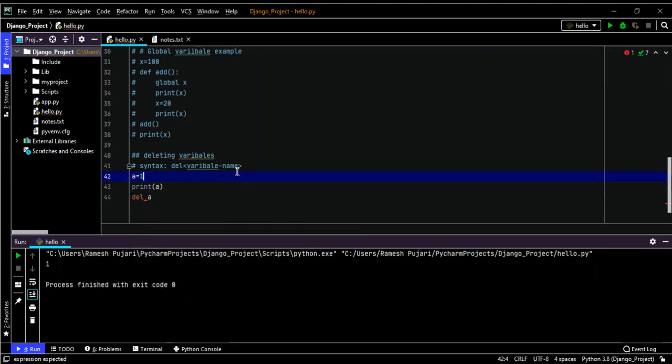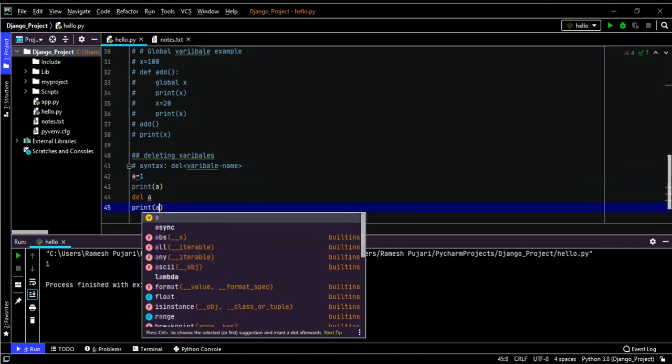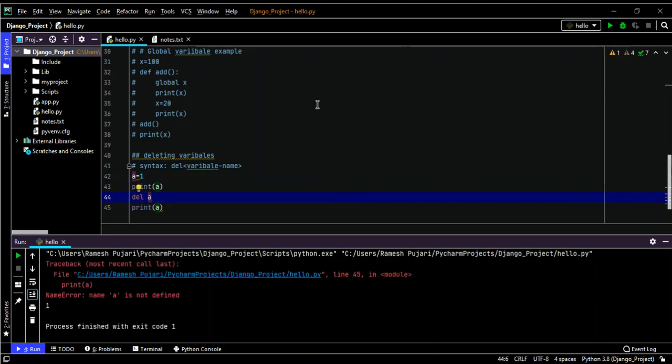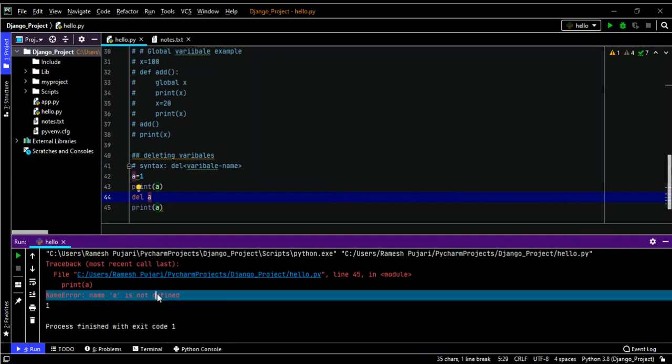Now I deleted the variable a. After deleting, I will print the variable a. It will give us an error because that variable is not present. It will say that a is not defined because that variable is deleted.